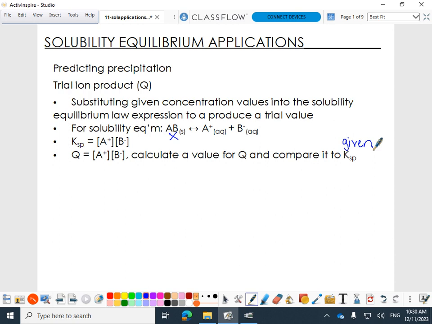When you do these questions, if you do not have extensive experience with scientific notation, sometimes it can be difficult to figure out which number is bigger and which number is smaller, okay? And just like last section, when you calculate Q,